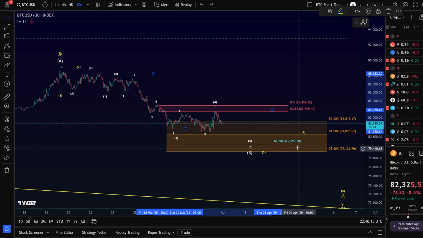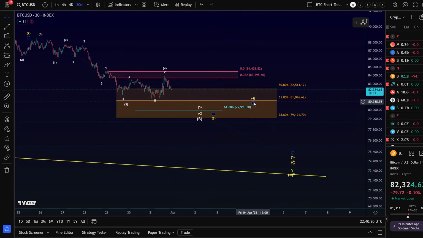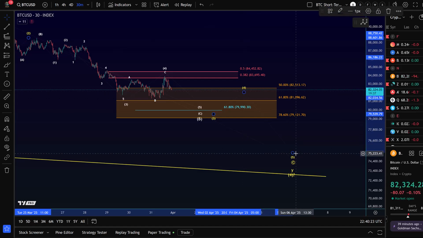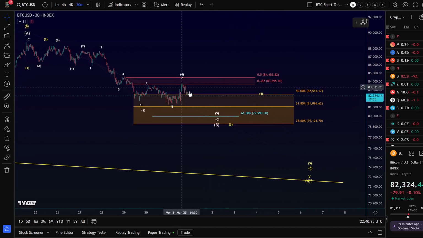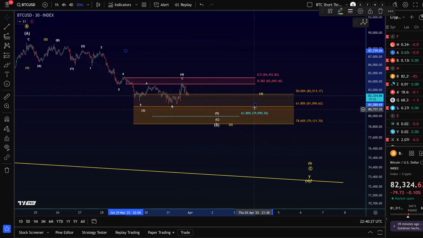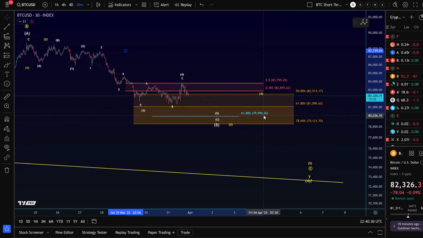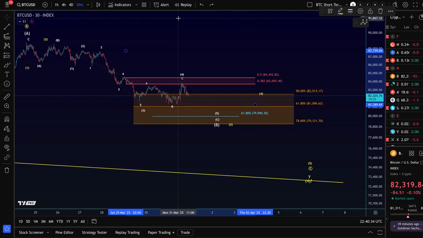So yeah, below 79,990, we only have 79,120 left, and then there could be another bounce in wave 4 and another move down in wave 5. So if we go down any lower, we will adjust this resistance area with the price, and then the price will need to break above resistance for a first indication that a low is in, and ideally it would have to be a 5-wave move up. So yeah, that's what I'm tracking. So short-term lower expected still, no sign of a low as long as we stay below resistance, and one more low is actually still expected, at least.